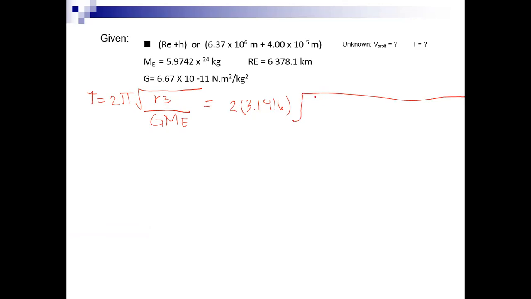So yung ating R is again, i-add ko na, para kasi na-compute na natin yung kanina, and that is around 6,778,100 meter. Okay, so i-cube mo yan. And then sa ilalim mo, nandun pa rin yung gravitational constant mo, okay, that is the 6.67 times 10